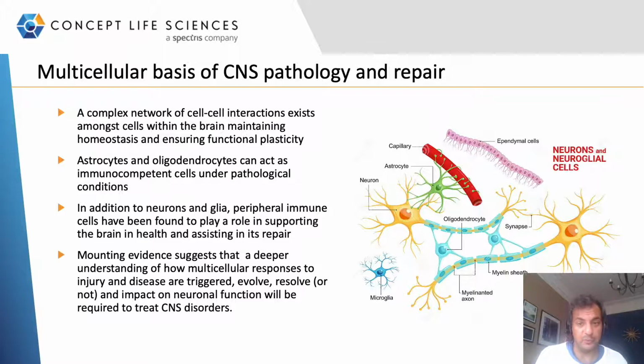pathological conditions, we know that the peripheral immune system can infiltrate the CNS and play a regulatory role there as well. And so what you have is a really quite a complex multicellular environment that is dependent not just on the different cell types, but how these are organized, maintained, and structurally connected. And so to be able to interrogate CNS biology, we really need to be able to recreate this model with greater fidelity in the lab.